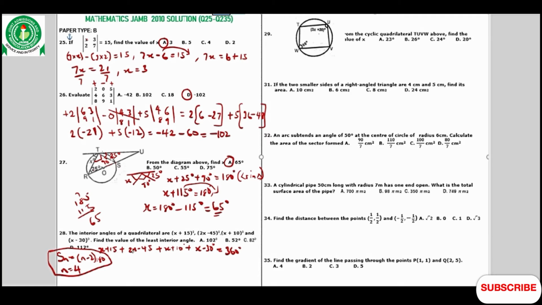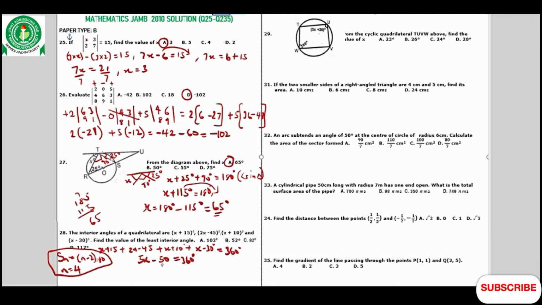Now come back to this. x plus 2x gives us 3x, plus x gives us 4x, plus another x gives us 5x. Now 15 minus 45 gives us minus 30. Minus 30 plus 10 is minus 20. Minus 20 plus minus 30 will give you minus 50. Please follow. You can use your own calculator to do it,